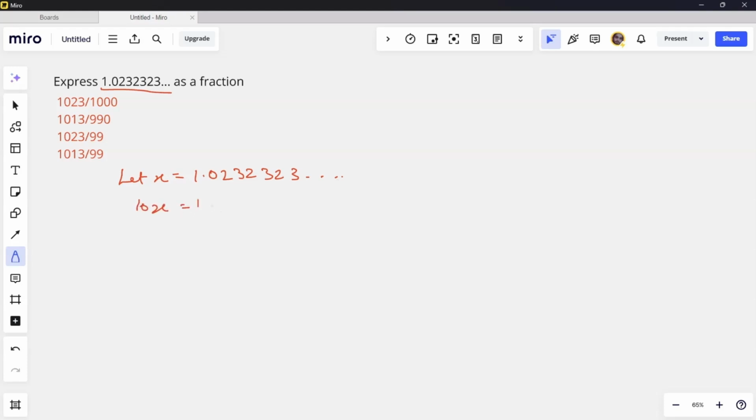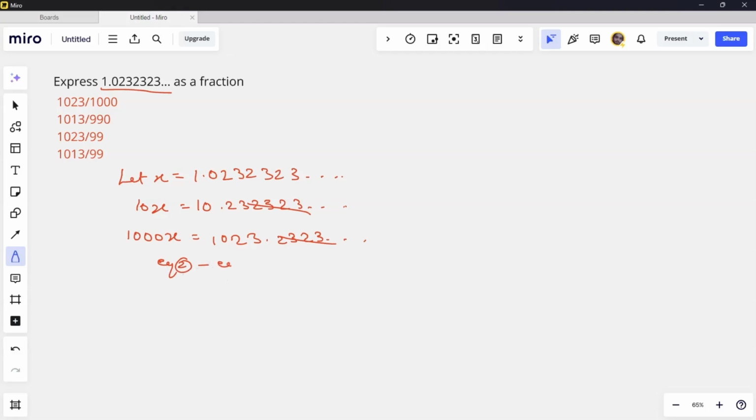10x equals 10.232323. Okay, because all the values are bigger, we have to multiply both sides by 100 also. So if we multiply this side by 100, it will become 1000x equals 1023.2323 and so on, and it will get cancelled out when we subtract equation 1